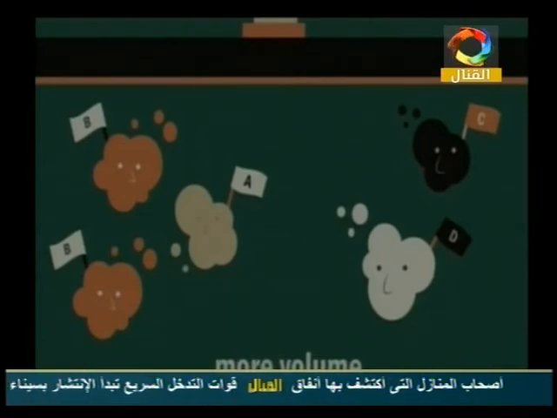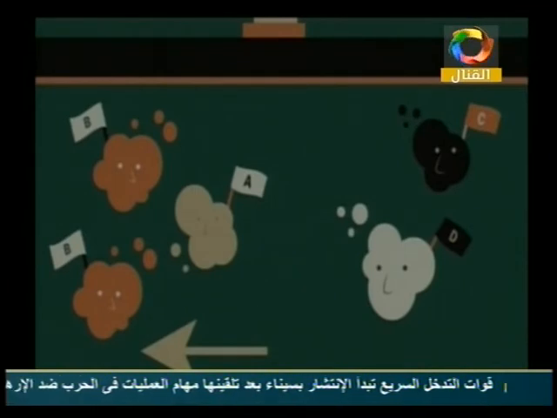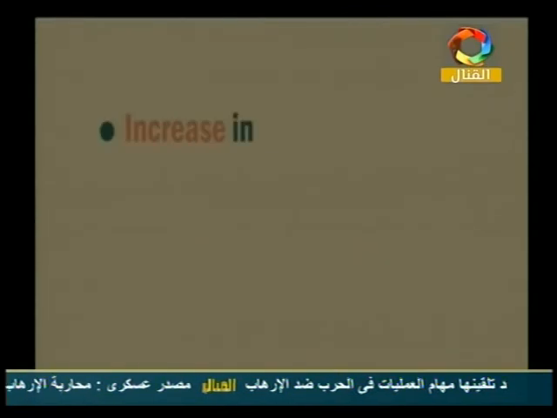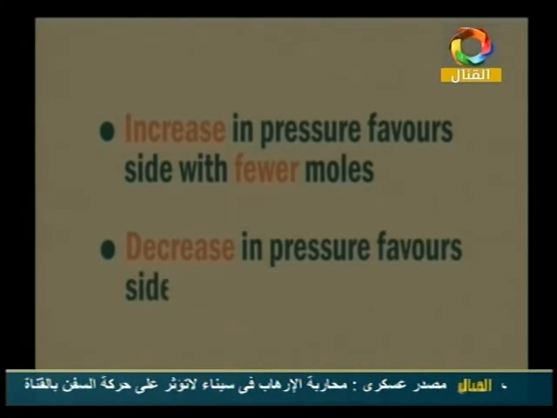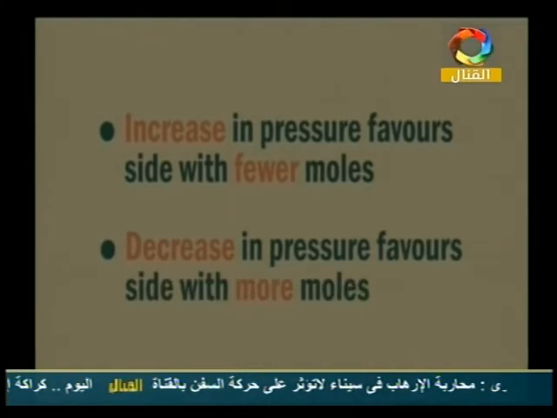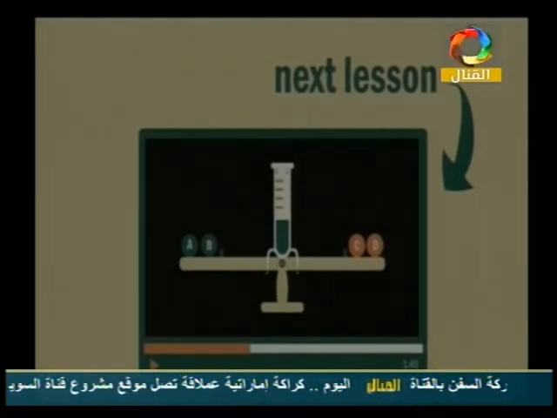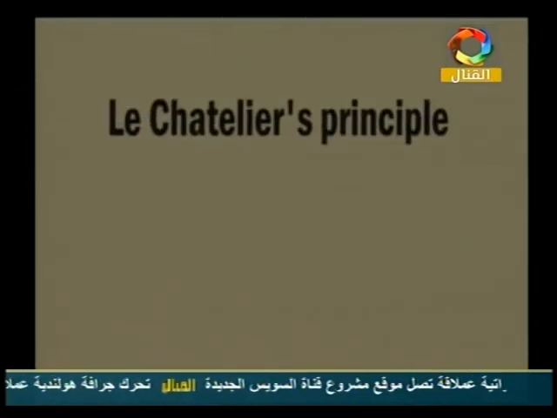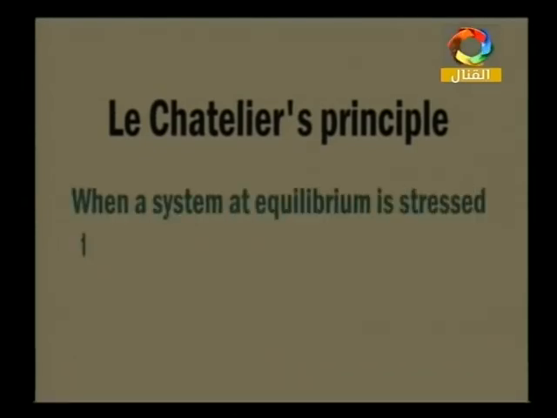On the other side, when the volume increases, there is more space. It means equilibrium shifts to the right side. Why? To reach equilibrium. Increase in pressure shifts to the side with fewer moles, decrease in pressure shifts to the side with more moles. Look, next one for the next lesson about equilibrium. Good to explain that. This is temperature. Le Chatelier explains the temperature when the system at equilibrium is